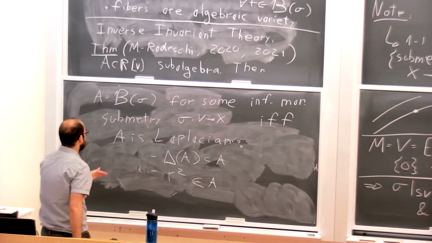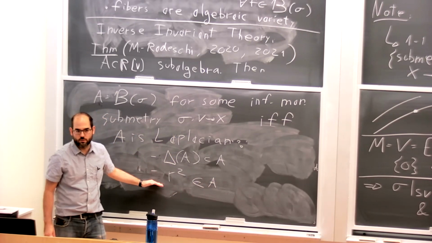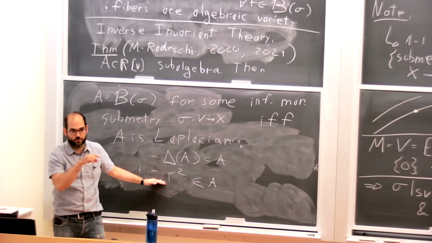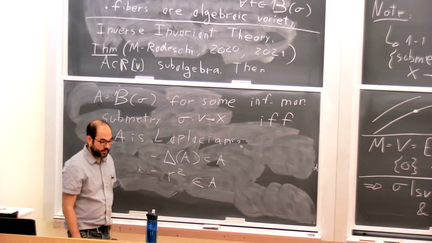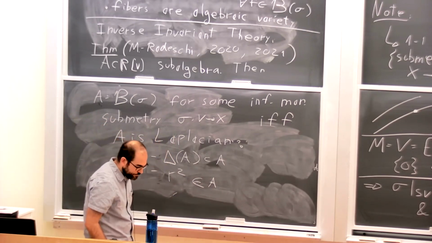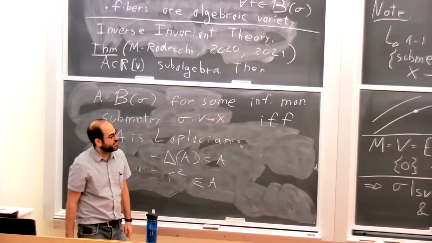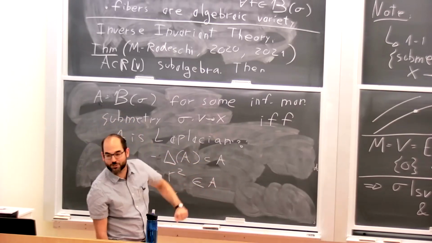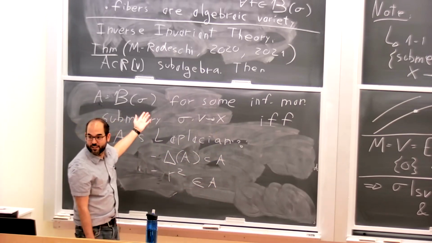Note here that there's some duality between these two things. The Laplace operator is the dual of r squared: this is the sum of the second partial derivatives with respect to x_i, and this is the sum of the x_i squared. So I've been trying to convince invariant theorists that it's more natural to do invariant theory over these objects than over group actions, because you have such a natural answer to the inverse invariant theory problem.